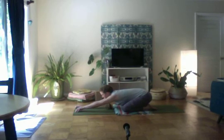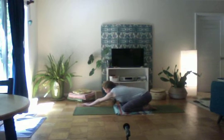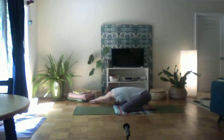And then walk your hands over to the right side to bring your abdomen to lie on top of the right thigh. And then bring the left hand on top of the right hand. So really get a nice side stretch here in this modified child's pose. How's the breath? Can you lengthen the breath? Reaching, hollowing out the armpits,